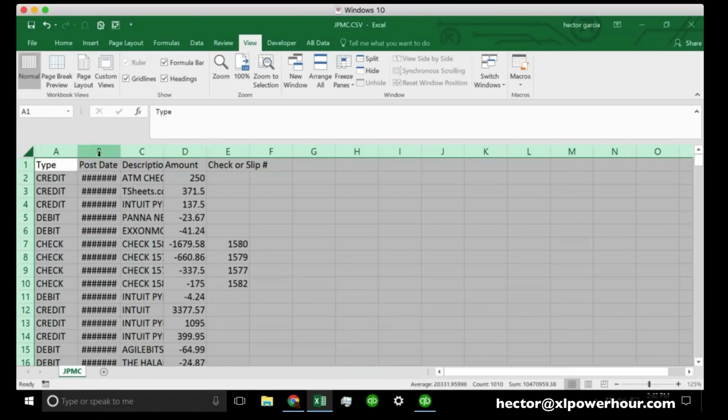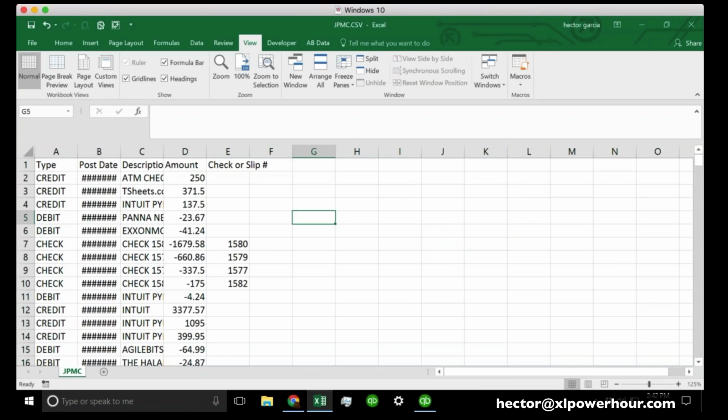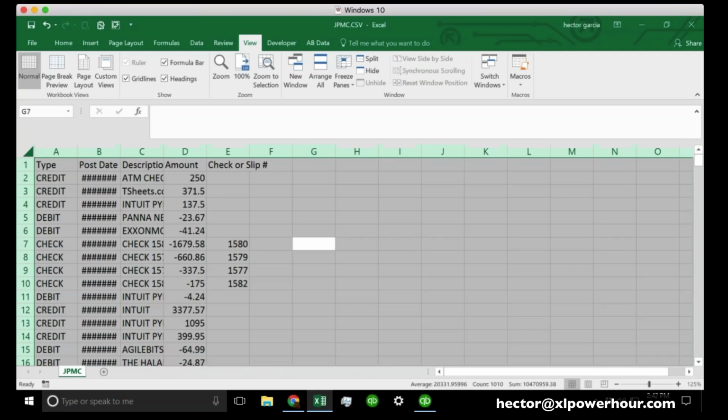All right, so I'm going to take all my data here, and notice I clicked on the little box that's left of the A and on top of the 1, and that's basically a select all button. I can also, if I'm clicking anywhere on the screen, hit Control A, and that would also be a select all. And the reason why I want to do that is after I select all, I kind of